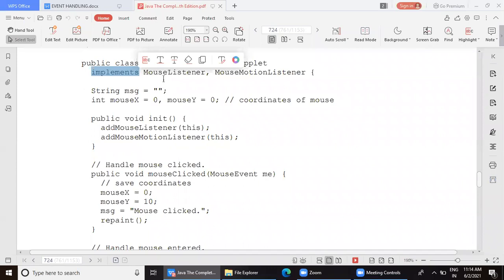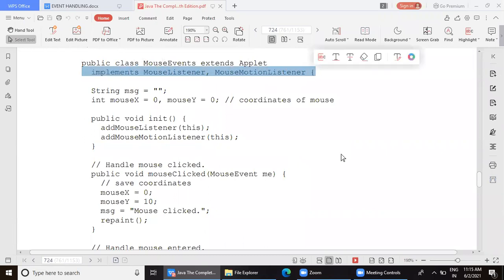Since listeners are interfaces, and as you all know, multiple interfaces can be implemented by the same class. What kind of inheritance does it show? Multiple inheritance. Very good. One class having multiple parents.